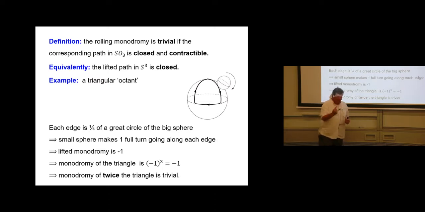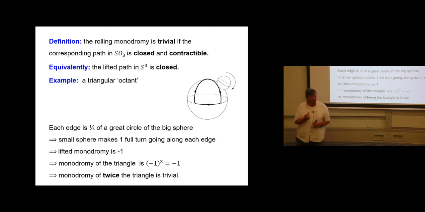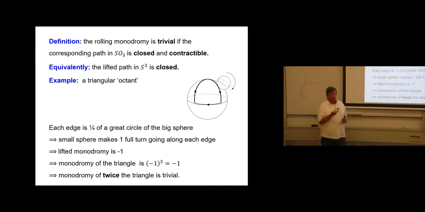One rotation actually generates the fundamental group of SO3, a full rotation. If you lift to the 3-sphere, you start at the identity of S3 and you will not end up at the identity; you end up at an antipodal point. If you go along 3 of these arcs, you still end up at an antipodal point. But if you go twice, then this closes up